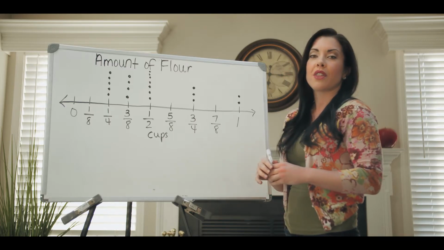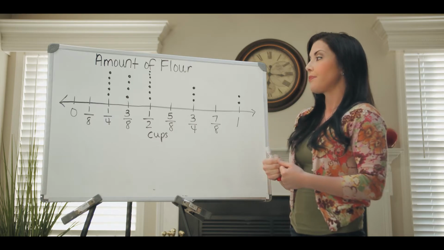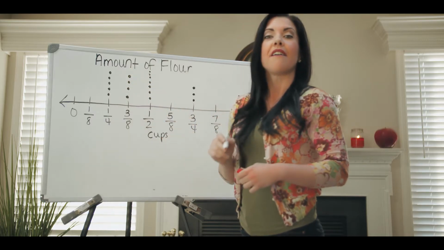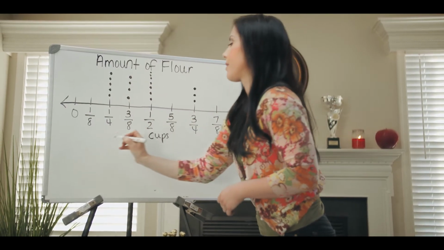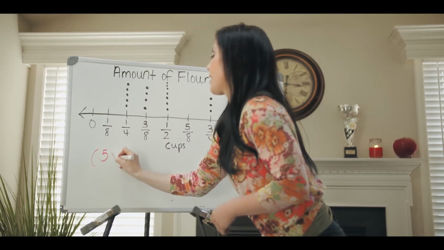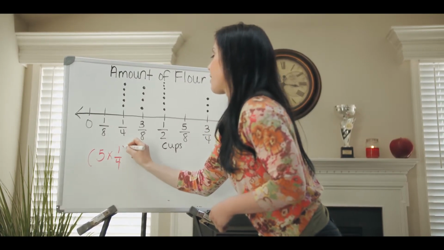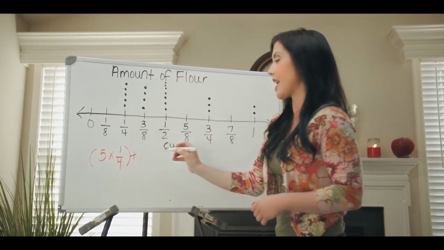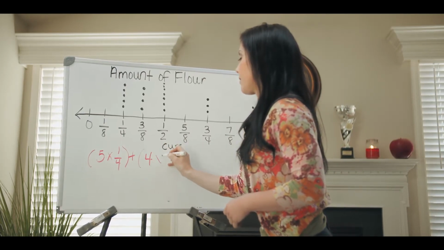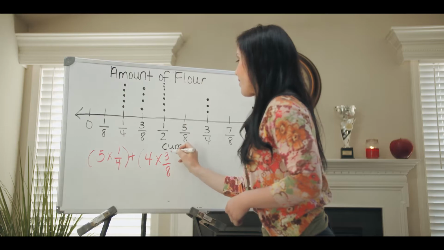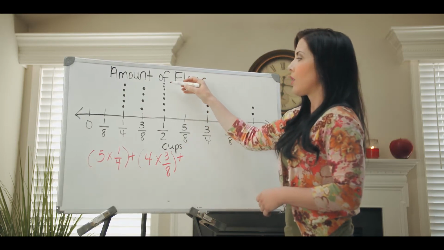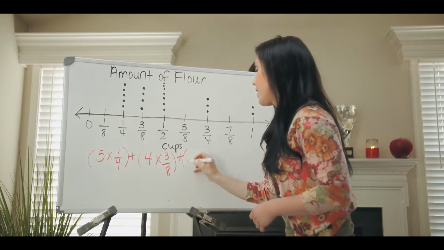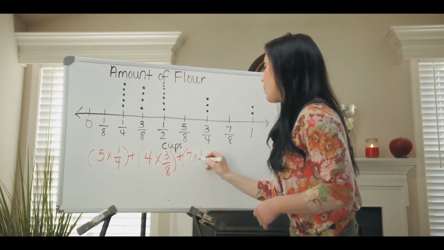So we're looking for the total amount of flour. So here we go, okay? 1, 2, 3, 4, 5. 5 dots at 1/4. So 5 times 1/4 plus 1, 2, 3, 4. 4 dots at 3/8. 4 times 3/8 plus 1, 2, 3, 4, 5, 6, 7 dots at 1/2. So 7 times 1/2